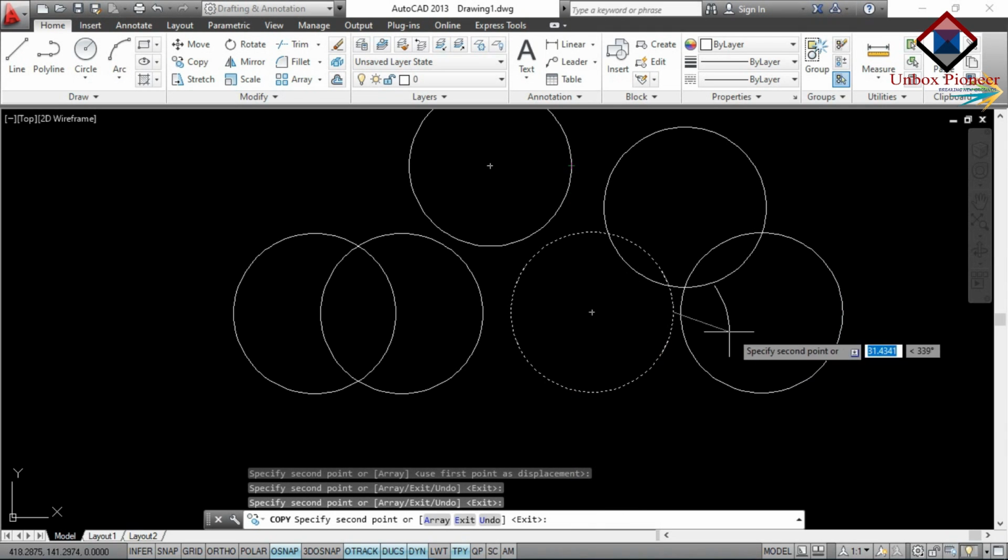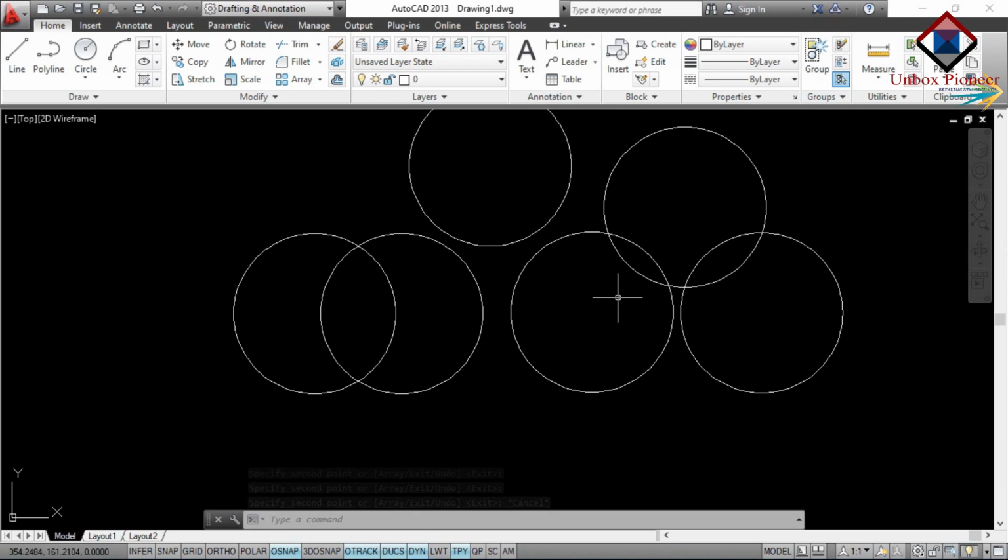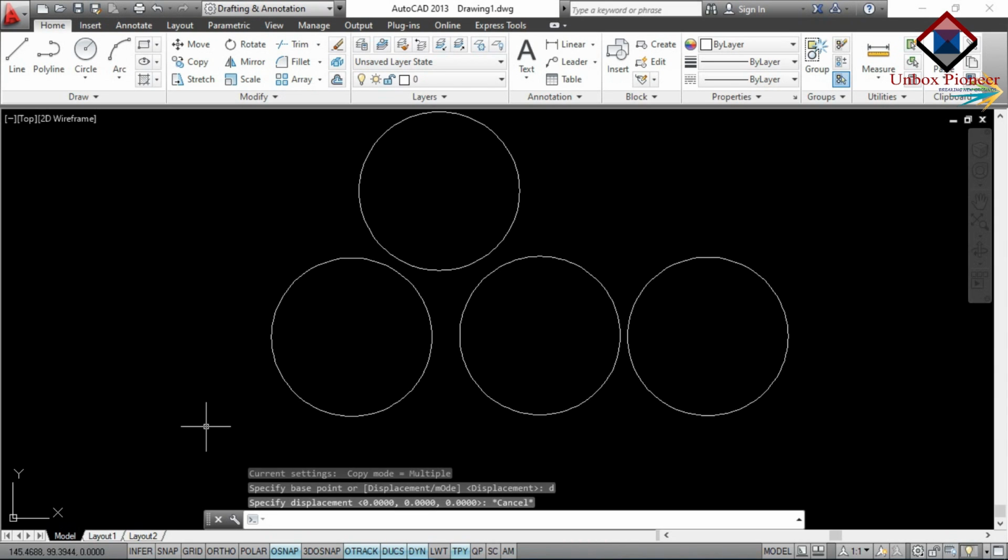Then press the ESC button to release from the copy command. So as you can see here, in single entity copy the object will be copied once, then it will automatically exit. But in multiple entity copy, the object will be copied multiple times as much as you require, then press the ESC button to exit. Now the second sub-option of copy, which is known as displacement.